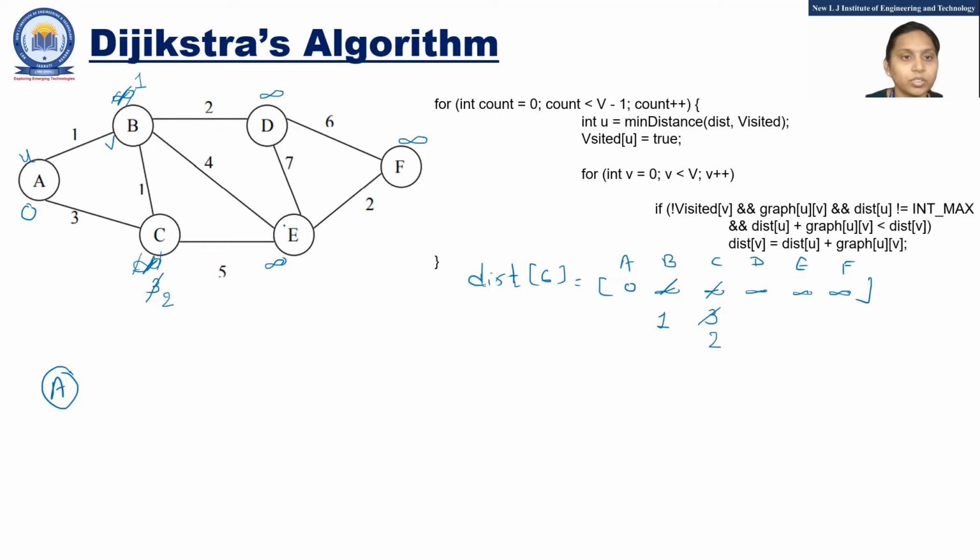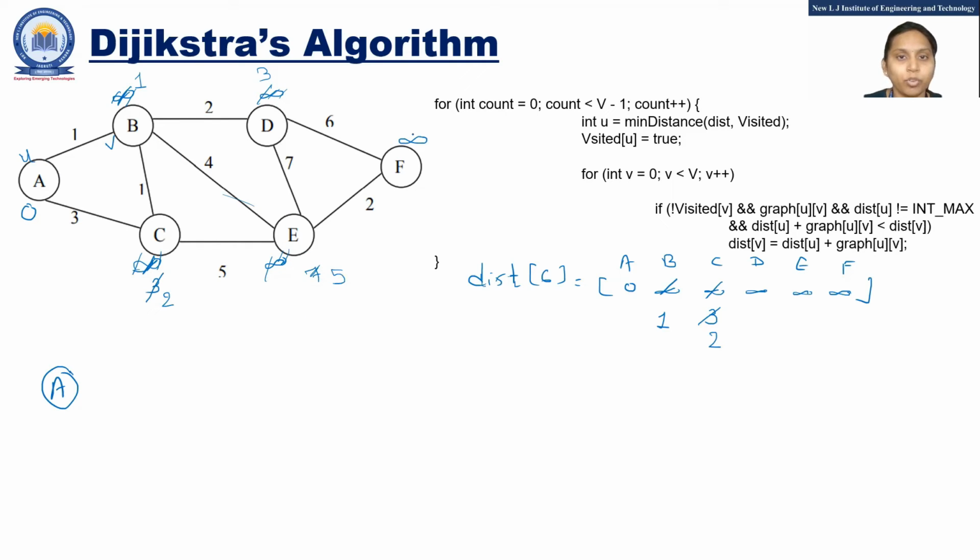Fine. Same way, move again. Move ahead. B to D is 1 plus 2 means 3. It is smaller than infinity. So you can update. Now here 2 plus 5 is 7. So right here 7. But you can check that we have the value 1 and this edge value is 4. So 4 plus 1 is 5. So we have a smaller value than 7. So we can update the value 5.